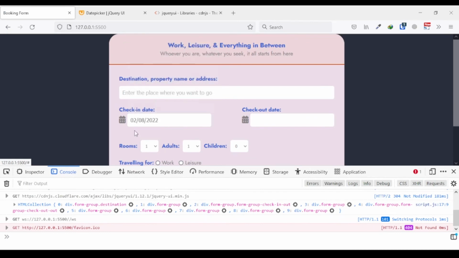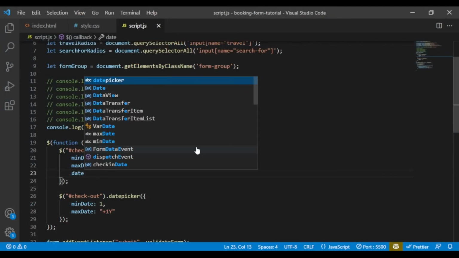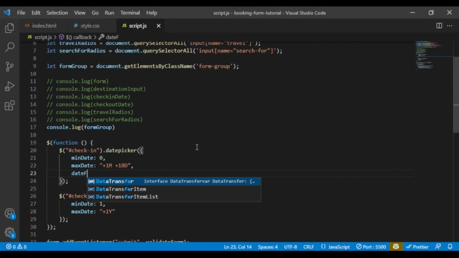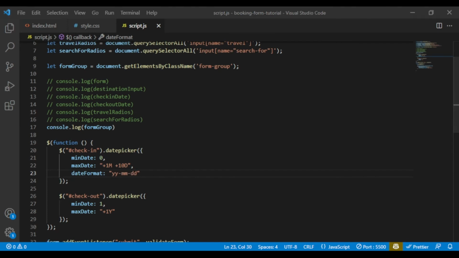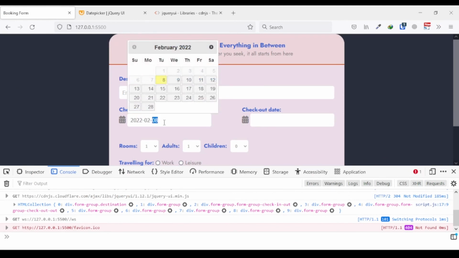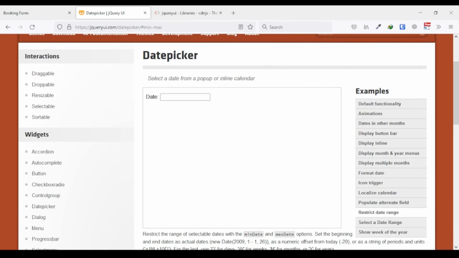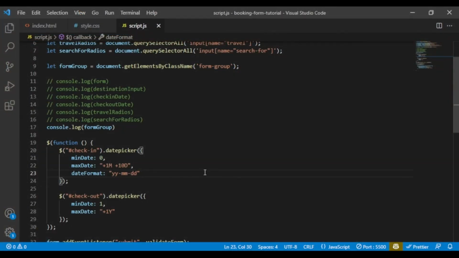Let me see if I select this. All right, so you see this is in the form of forward slashes, and you can change the date format as well. You just say date format, and so now it would be in this format, right? Let's see, so you can really play around and go over here and see other methods. Okay,